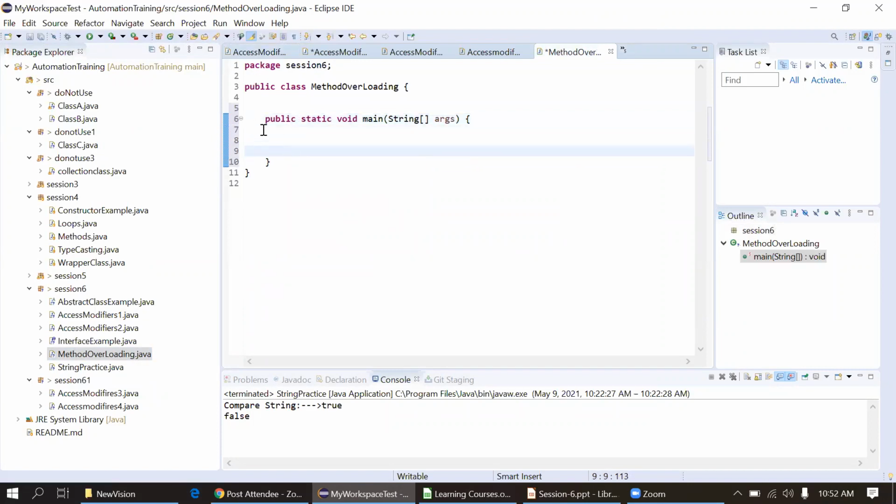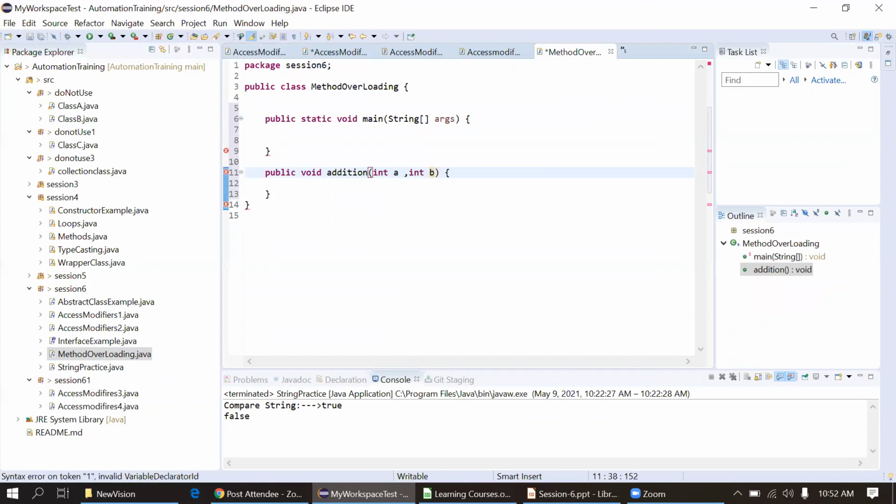For now I'll keep it blank. I'm creating one method here, public void addition. For addition, I need at least two parameters, right? So I will put int a, comma, int b, and I will just print the output.